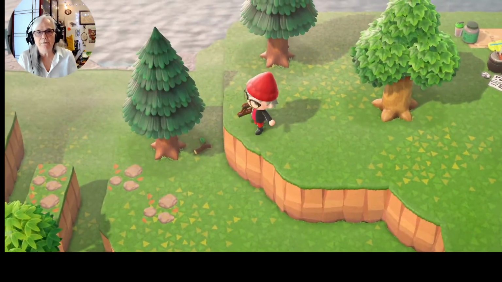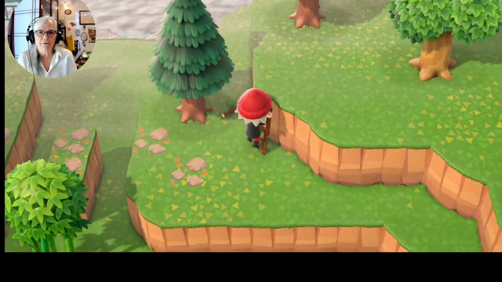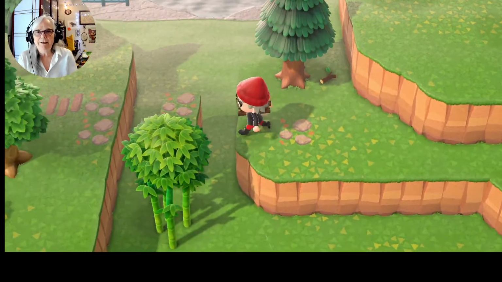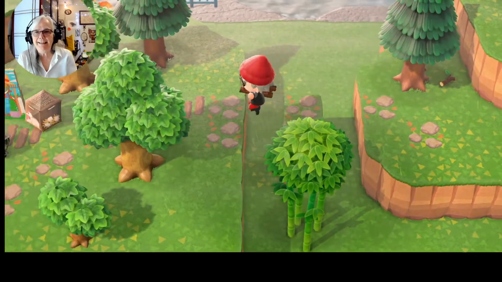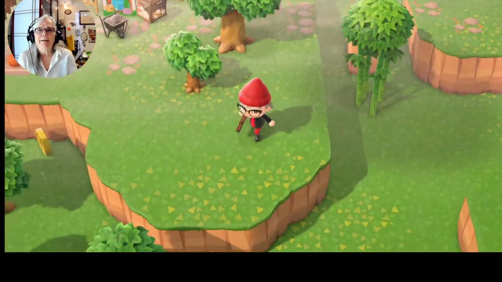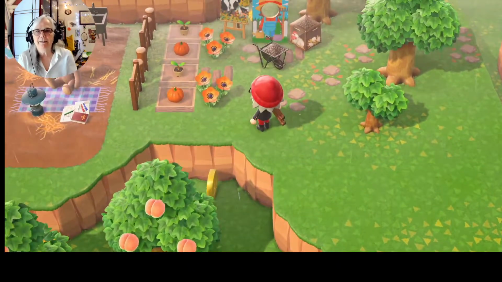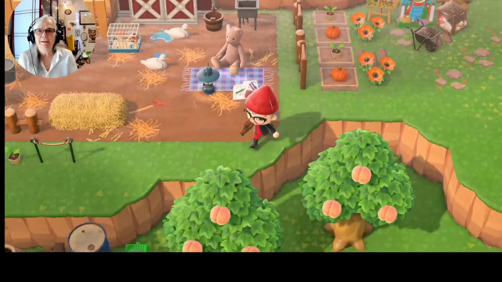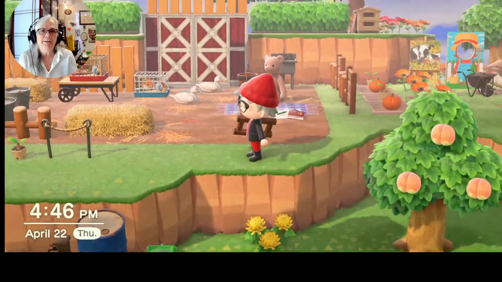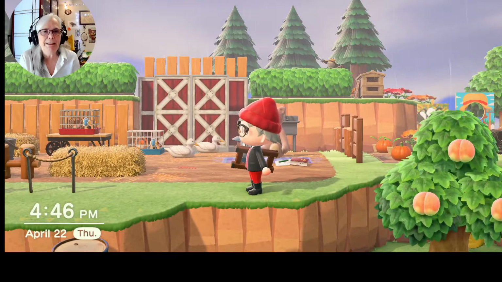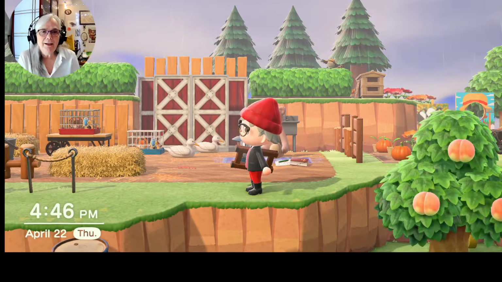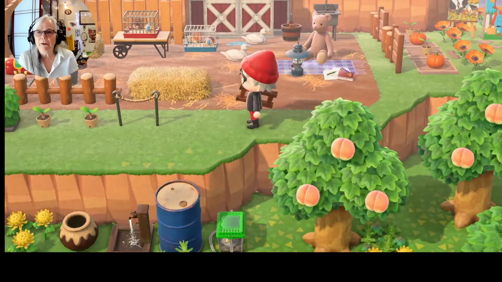I'm not going to do flowers right now. I'm just going to keep wandering about and having fun with the different parts of my island. Here's my farm. I've already showed this off on Instagram, but I love it. So I'm going to keep working it, actually. You see that little bee house up there in the right? Well, I'm going to build a few more of those.